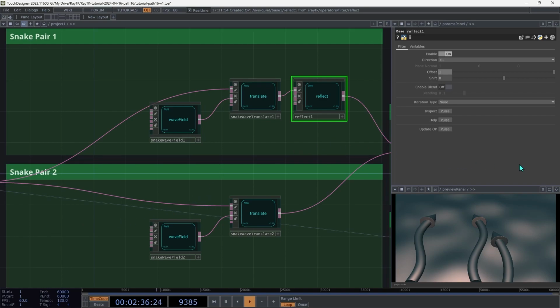Right now, the reflect is just using the x-axis, but we can change the angle that that reflection plane is facing. Change the direction here from X positive to custom. And it's actually going to do the same thing by default because that's what the default setting is here. For the Y part of that direction, bring that up to maybe 0.6. So that gives it a little bit of an angle. You could also try doing some Z,